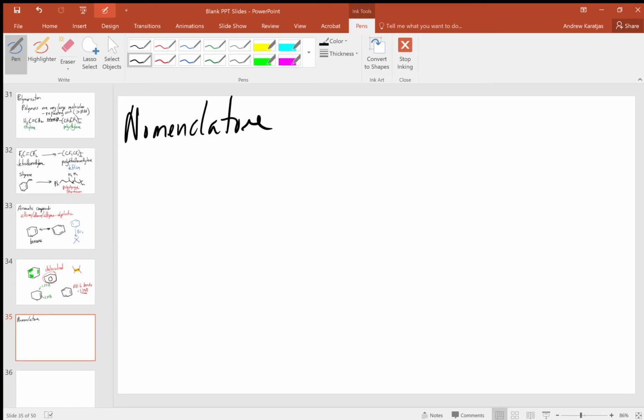And on top of that, aromatics have a lot of common names. So once you learn the common names, aromatic nomenclature is actually one of the easier functional groups, just because when you think about the structure of benzene,